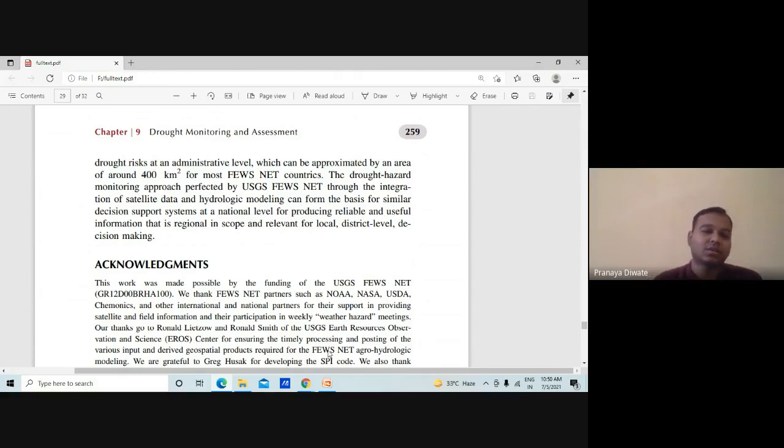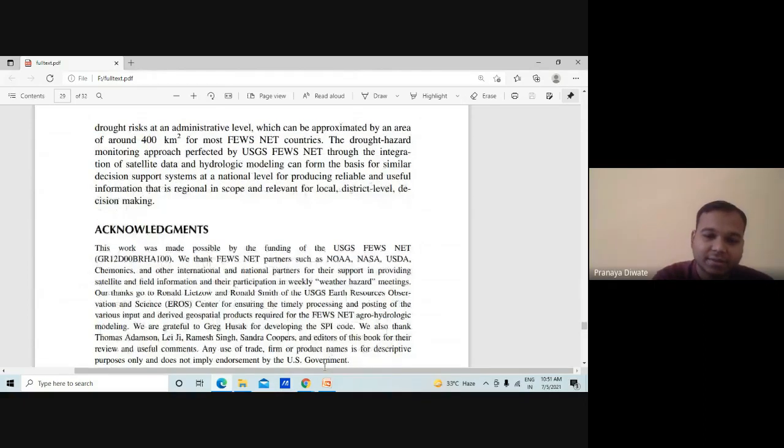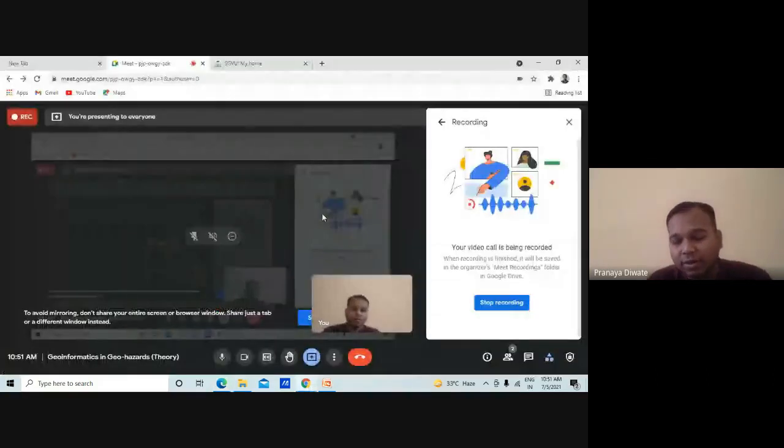So this is how your drought monitoring and assessment can be done for knowing the drought situation of that particular area. This is all about drought and its assessment, how the drought assessment has been carried out, and what types of droughts there are: agricultural drought, man-made drought, meteorological drought, and all. So I hope you understand some concept of this classification.